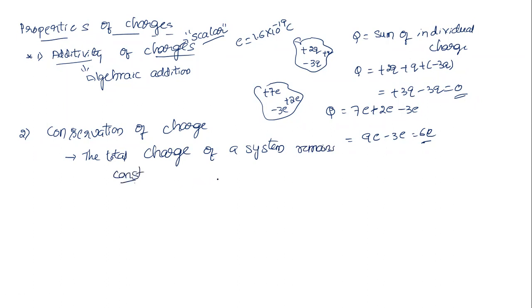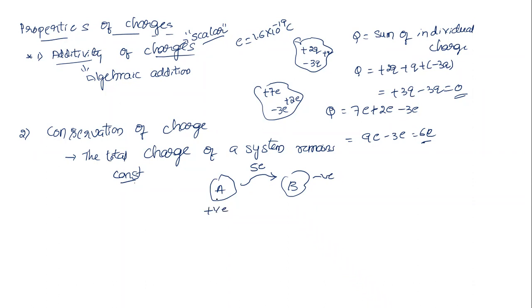Example, now if I take, there is a body A and there is a body B. So we are going to have a charge here now. I'm going to rub these two. As I rub these two by the method of friction, what will happen? Some electrons are going to transfer from body A to B. Say 5 electrons are going to transfer. Initially, these two bodies are neutral. If you rub, 5 electrons transfer, which means B will become negatively charged.